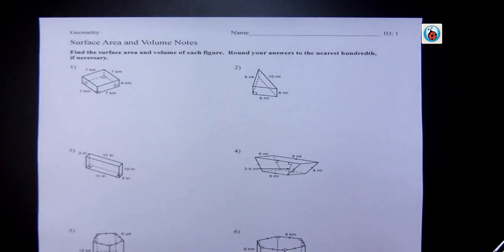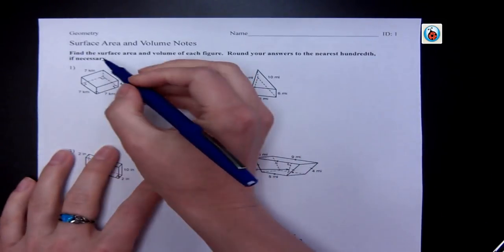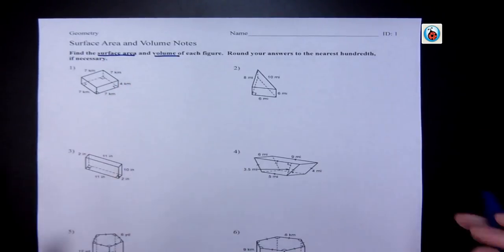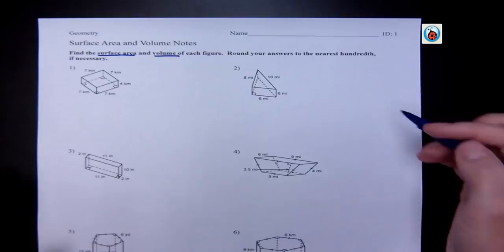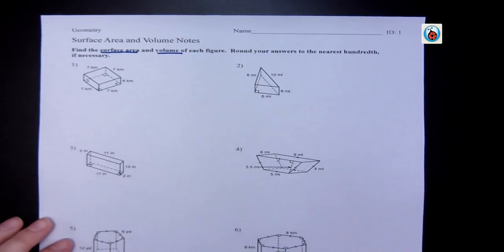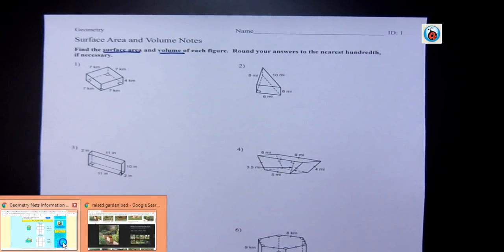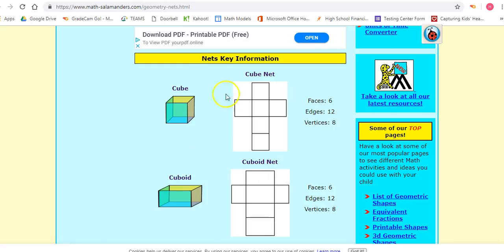Okay, so today we're going over both surface area and volume for these shapes. Before we start into surface area, I'm going to show you a picture. One way to find surface area is to just say, what is every single side of it? If we unfolded that whole cube, we would find there are 6 sides,